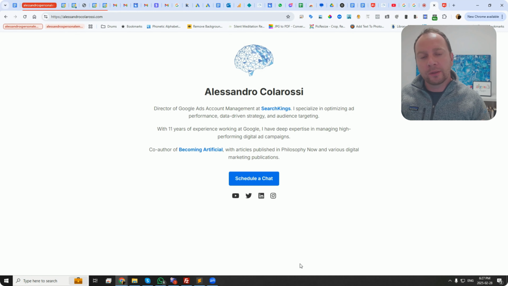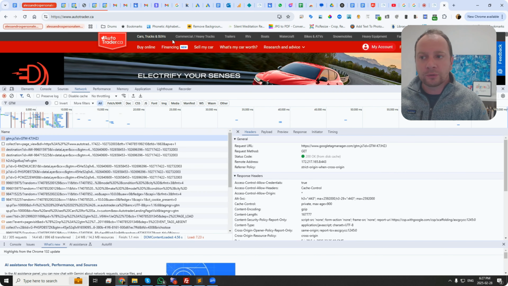I want to show you the new Chrome extension I made. And the idea is with this Chrome extension, it's discovering whether somebody is using server-side Google Tag Manager or not. Have a look here. If we go to